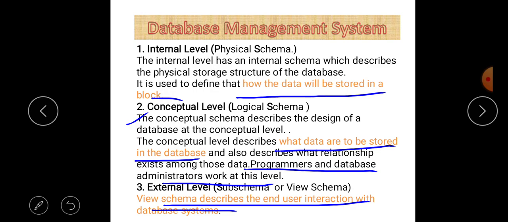So we can say that three types of schema are there: physical, logical, and external, meaning view schema. Physical schema says how the data will be stored in a database. Conceptual schema tells what data has to be stored in the database, and external level or view schema describes the end user interaction with the database system.